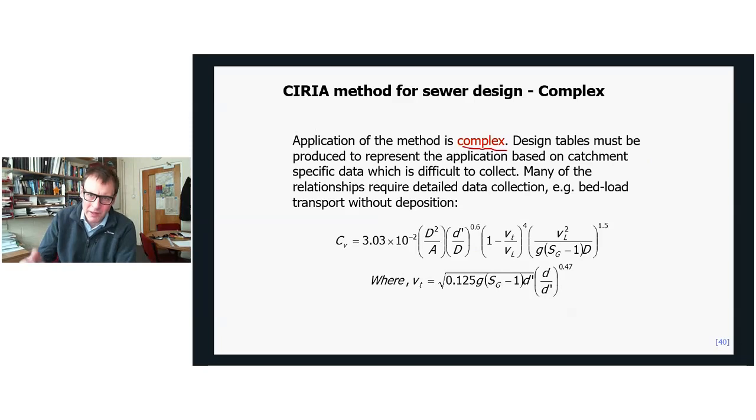Well, it's certainly more complex than just having a single velocity for all pipes. Design tables must be produced to represent the application based on catchment-specific data, which is difficult to collect. I've already touched on that. Many of the relationships